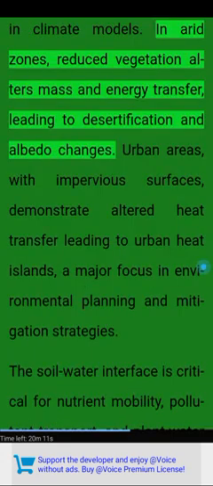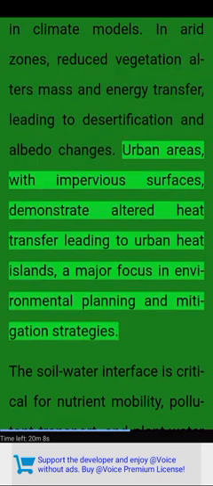climate models. In arid zones, reduced vegetation alters mass and energy transfer, leading to desertification and albedo changes. Urban areas, with impervious surfaces, demonstrate altered heat transfer leading to urban heat islands, a major focus in environmental planning and